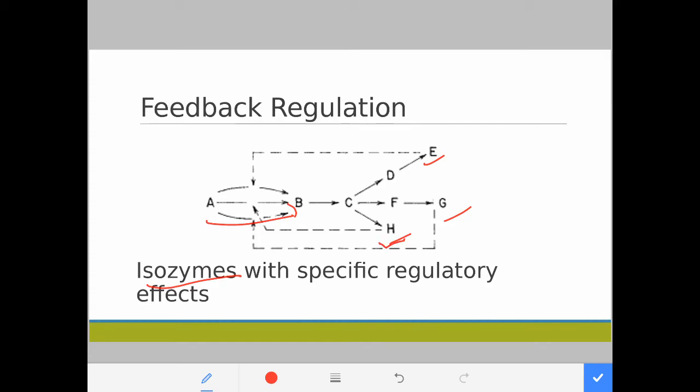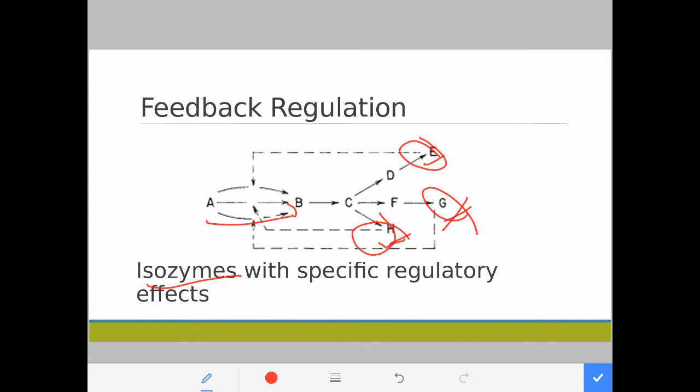So this isozyme 1 is inhibited by H, but it is insensitive. It doesn't respond to E or G. It only responds to H. And then there's another isozyme 2, that only responds, for example, to G, but doesn't respond to E and H. So those are